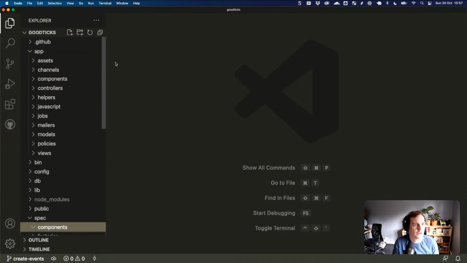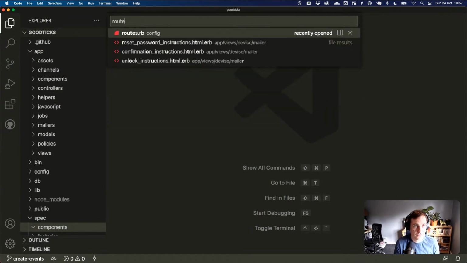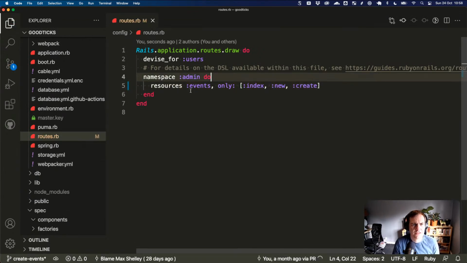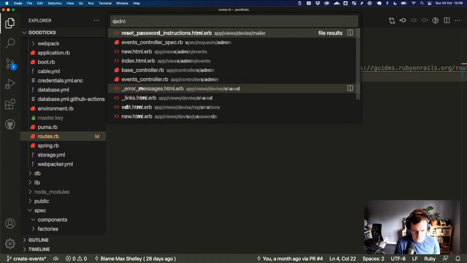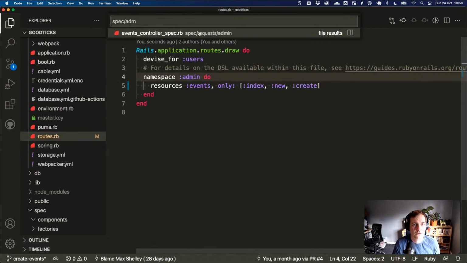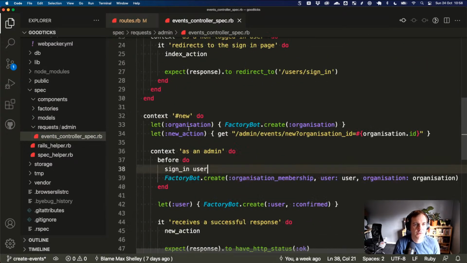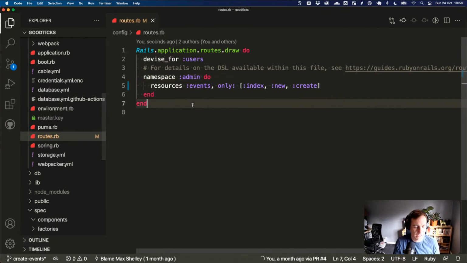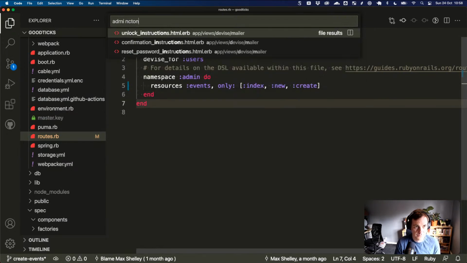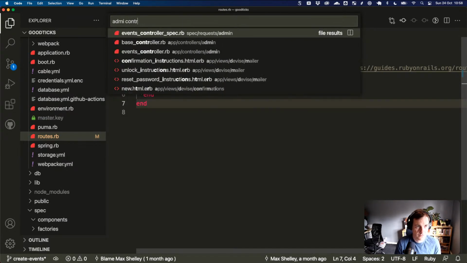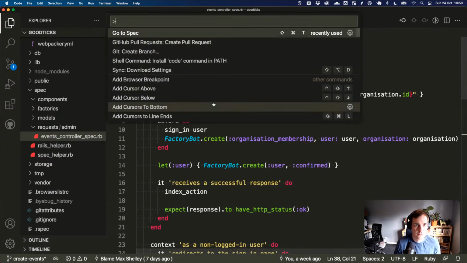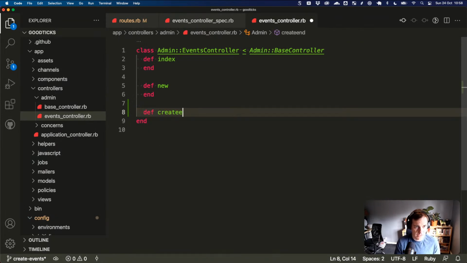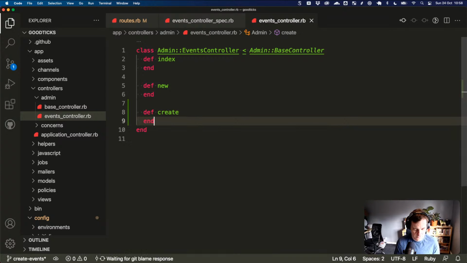Oh, okay, so let's go and make our route because it needed the path. Did we have a test for a new action? Oh, we did. Okay, but we hadn't implemented the shared example for abstract that way. Okay, so we're now to create. Means we have a create action, and in new